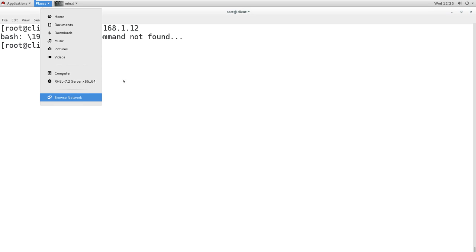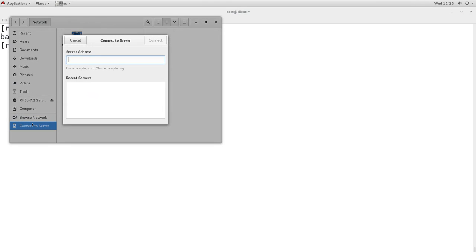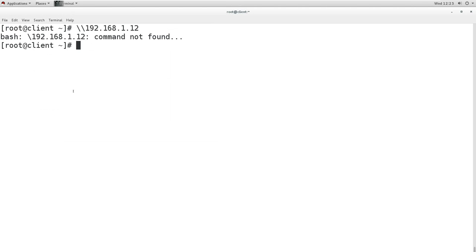So accessing like Windows will not work. Here we can go for search, we can connect to servers, we can mention the server name here with NFS, and then we can connect and access it. But this is a graphical thing, and we are not in the graphical. So when we are in the command line, and you want to access a shared directory from the other machine, then what is the option?